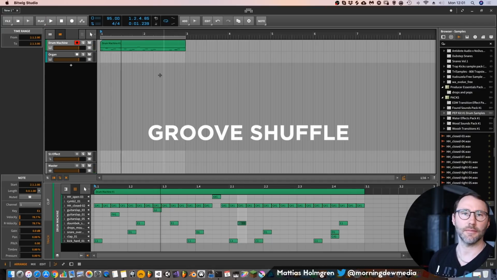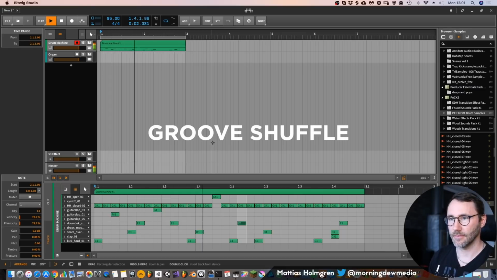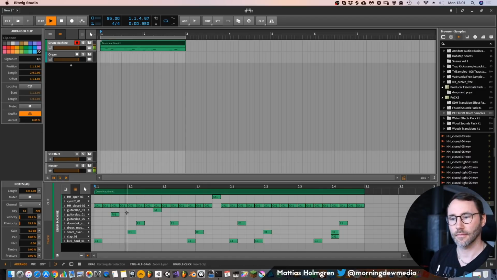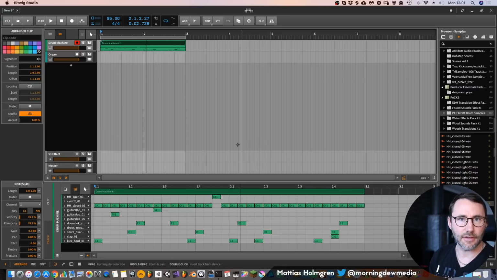Okay, so now it's playing straight 8 notes. But we want probably to have some groove into this beat. But how do we do that? Well, if we press this MIDI part and press the shuffle, still we don't have any shuffle, but that's because we have to activate the global shuffle.